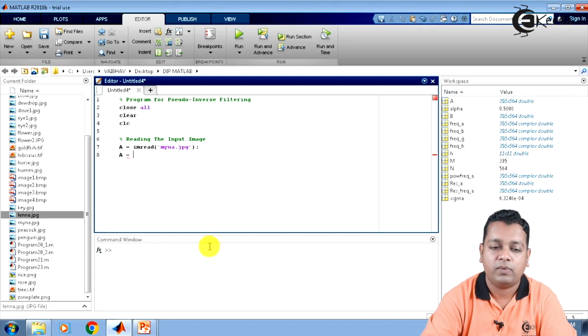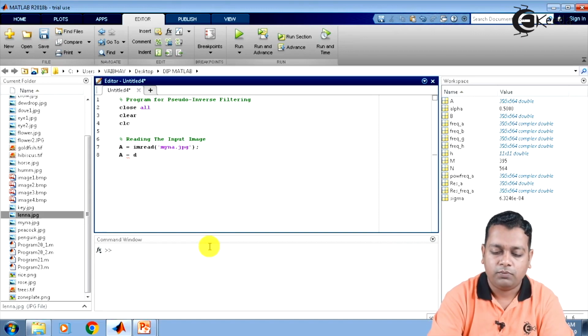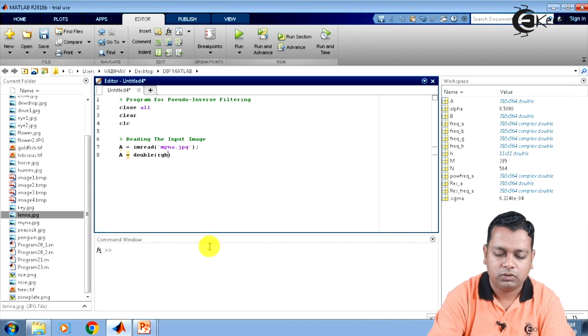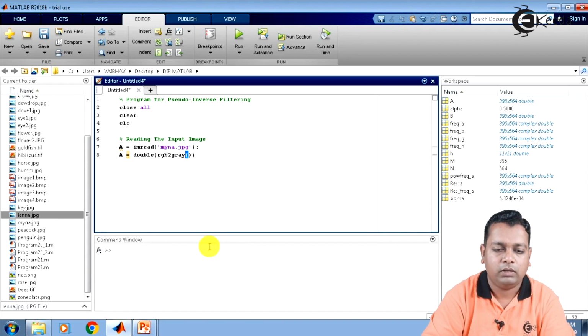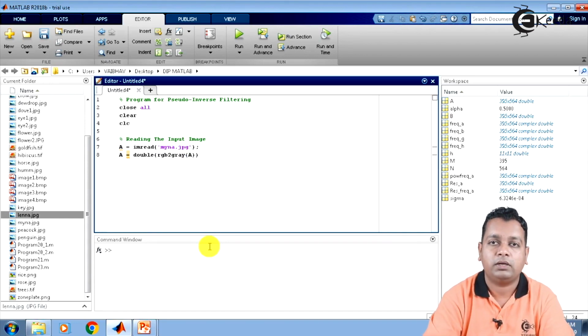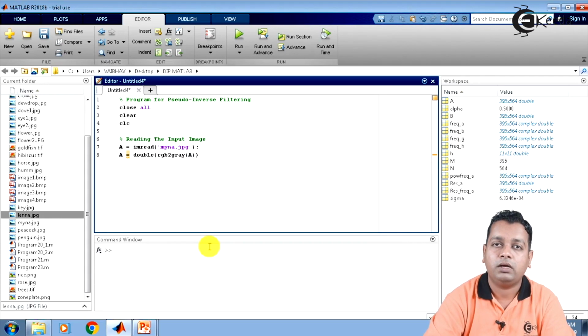Hence the syntax: capital A will hold the computation in type double, and here we provide the syntax rgb2gray, applied again to the variable capital A that initially held the original image.